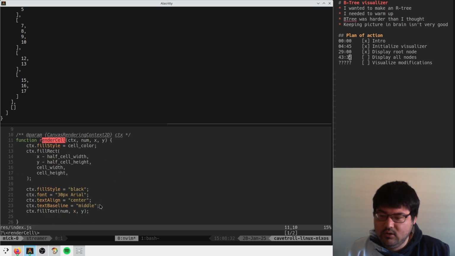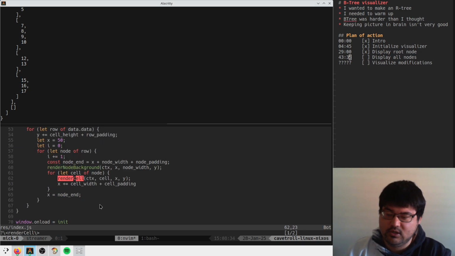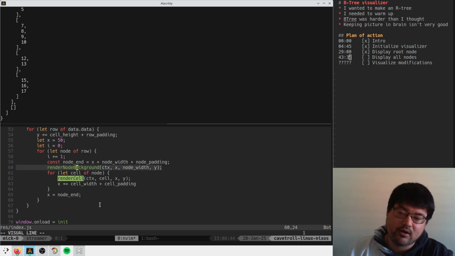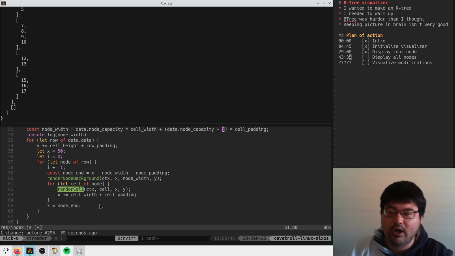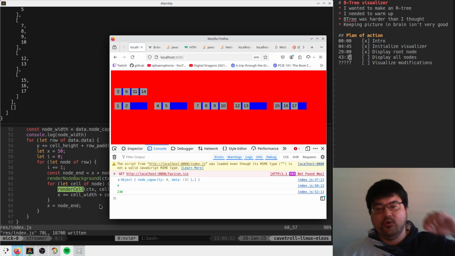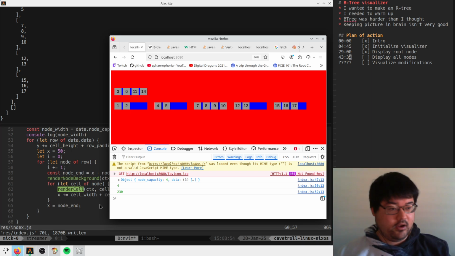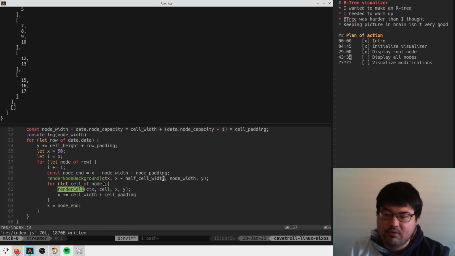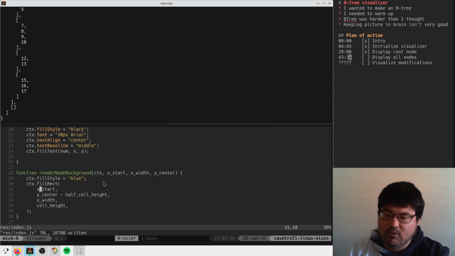Render a cell. He gets rendered at some location at the center. Oh, because these things are centered, then that means the node background start is at the wrong spot. There we go. That makes way more sense. Okay, now can we just expand everything by